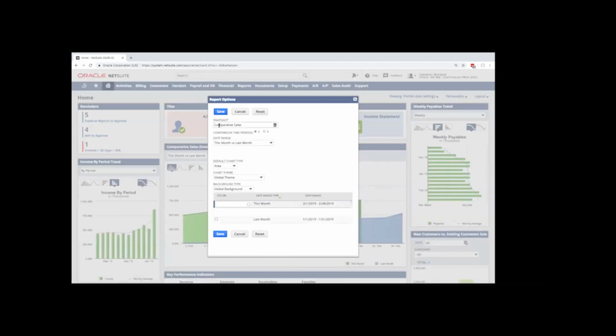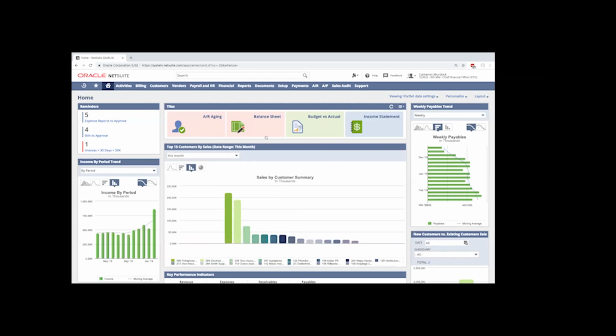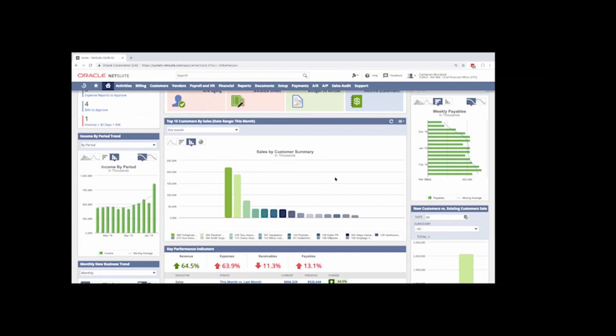Now, we have a lot of different snapshots to choose from, but I'll just show you how to quickly get into the customers by sales report. You can see that I can choose the type of chart, the date range, and down here I'm actually going to look at more than the top 5. Let's look at the top 15, for instance. And I'll save this. And in real time, I can see my top customers by sales in thousands.